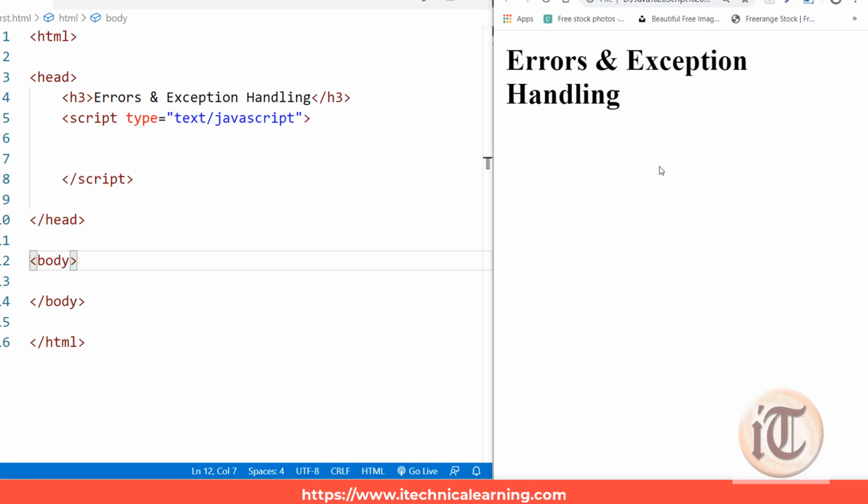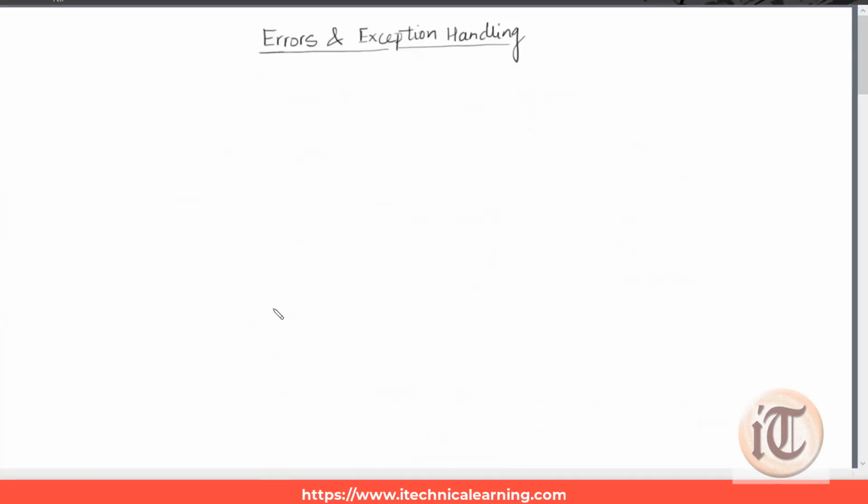It is one of the very important topics of JavaScript, as we are going to implement it later in our programming, that is form validation and email validations. These types of exception handling conditions will be very useful for us to understand our code in detail. Before starting the practical aspect, first we have to understand the basic meaning of error.